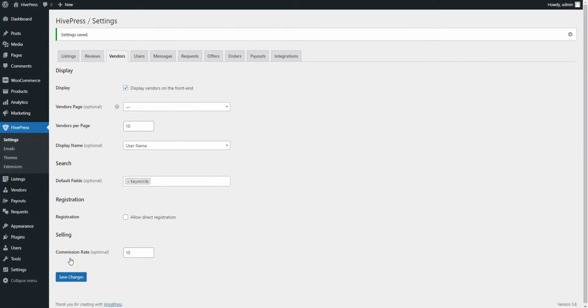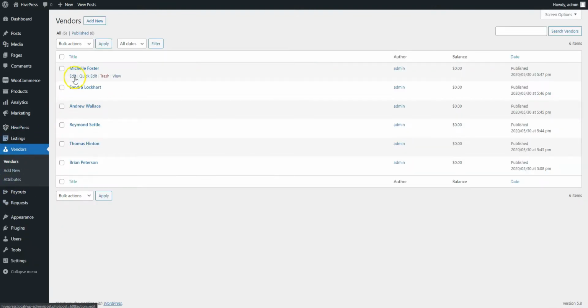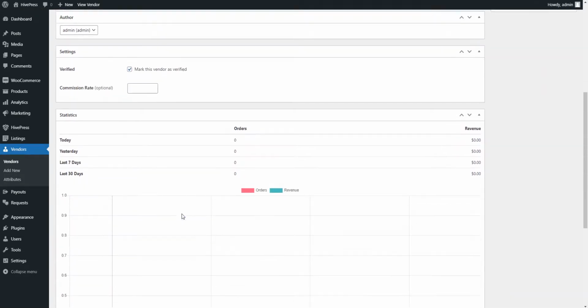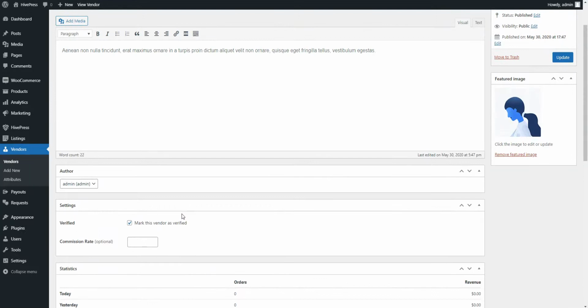Also, it's possible to set a custom commission rate for each vendor. To do that, go to the Vendors section and select one of the service providers. In this field, you can set a custom commission rate for this user. That's it! I'll show you a bit later how everything works on the front end, but now let's set up